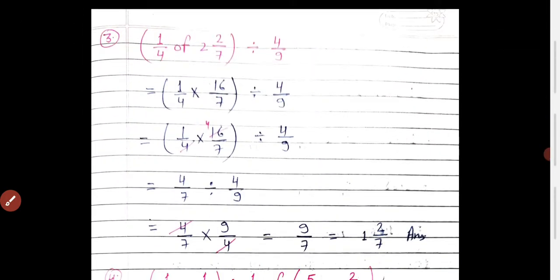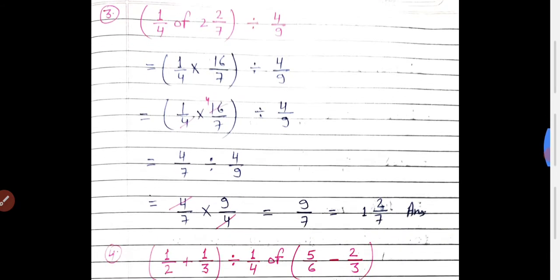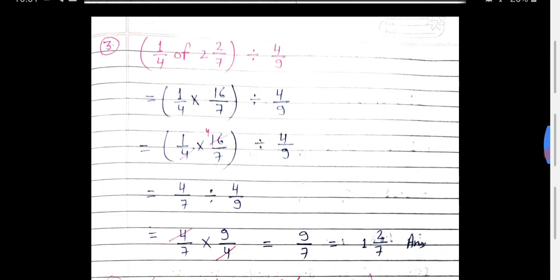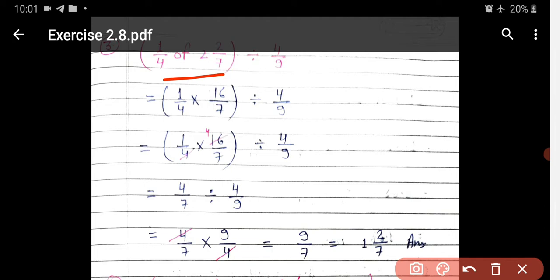Now just come to question number 3. There is a bracket here. First you have to solve the bracket. It means you have to solve this equation first. Solve whatever equation is given here. In the bracket, first you have to solve of, so just convert of into multiply. Now just solve. 7 twos are 14 plus 2 is 16, and 16 upon 7. Now just solve. Sorry, first you have to cut. 4 ones are 4, 4 fours are 16. So it becomes 4 here. Now just solve.